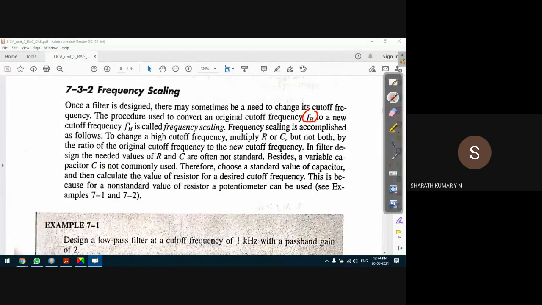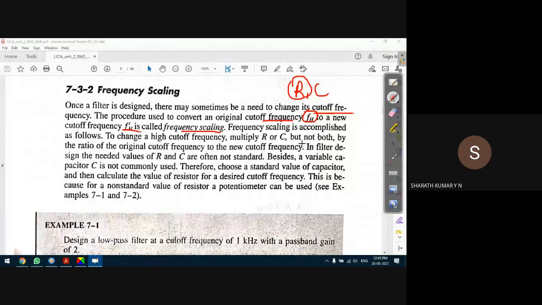FH is fixed for all the R and C combinations for a fixed value of R and C, but it can be modified by making one of them a variable quantity. A filter sometimes needs to change its cutoff frequency. So to convert the original cutoff frequency to a new cutoff frequency, FH dash, which is called frequency scaling, is accomplished by